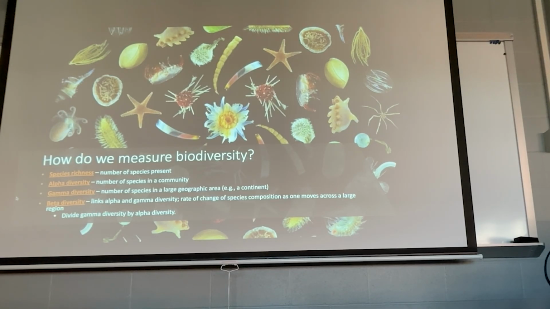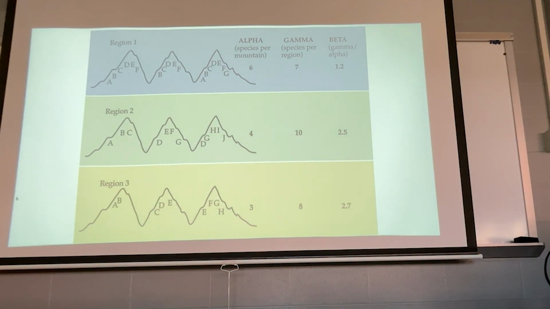And so how would you use these? So here's an example, just one example. Lots of different ways to do this. So you got 3 different regions, right? And this allows you to compare the regions next to each other. So the first one up here, we have 3 mountains, right? If I want to know what our alpha diversity for each mountain is, it's about 6 per mountain. And if you count them and divide all these up by 3, because you got 3 mountains, you would get 6, right? Around 6 species for each mountain.